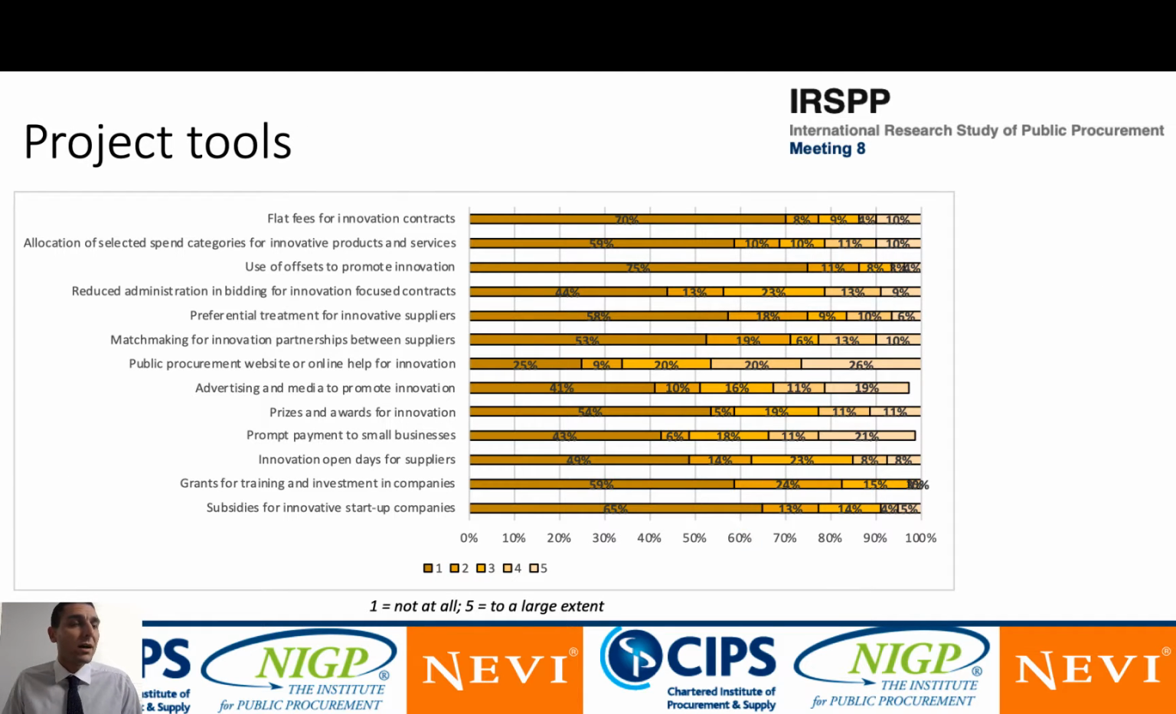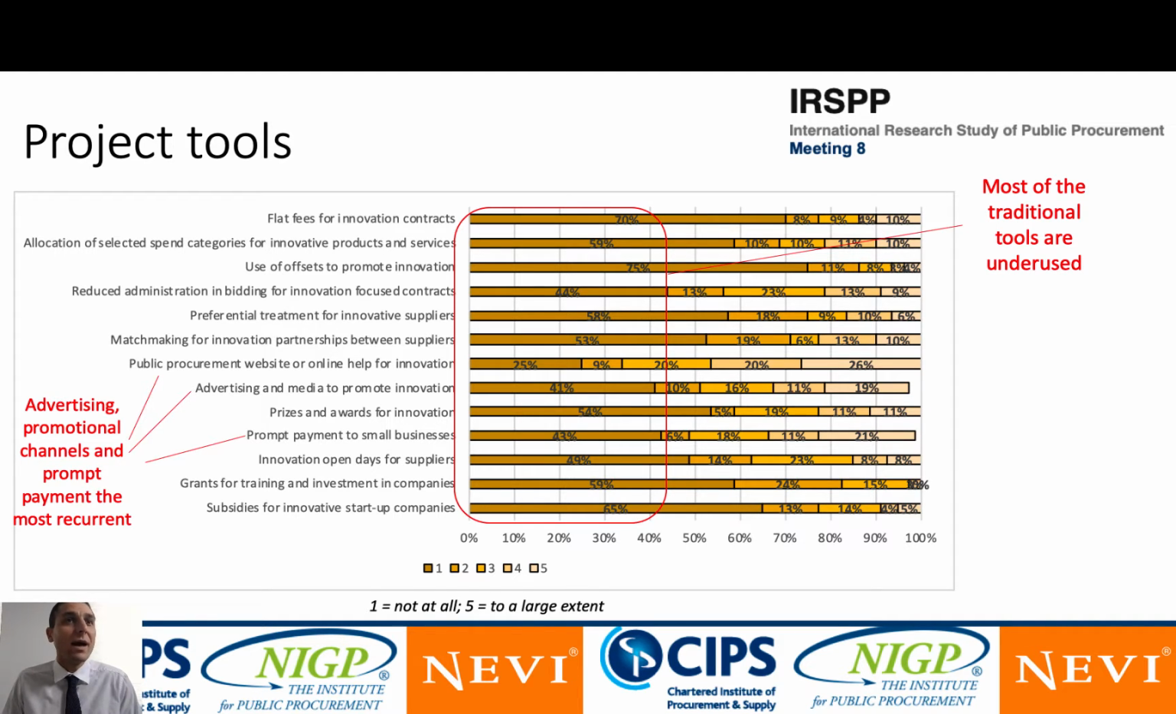If you look instead at the project tools, the items that you see listed on the right were included because these are the most recurring and most referred items in the literature. However, when we analyze your responses, we can see that most of the traditional tools, as recognized by the literature, are underused. Among these tools, the more immediate and common-sense ones are actually the more highly rated, which are the advertising and promotional channels, like public procurement websites or online help for promoting the innovation project, or advertising and media, or prompt payment to small business in order to stimulate them to participate in this kind of initiative. So actually what we see here is that most of these tools were not recognized as relevant as being used in the procurement project